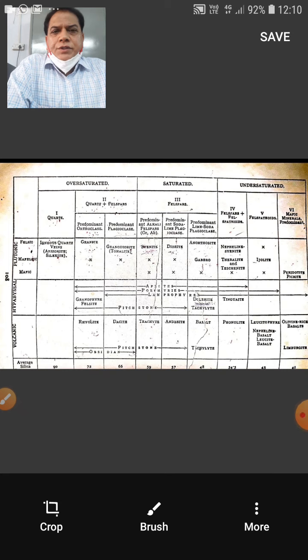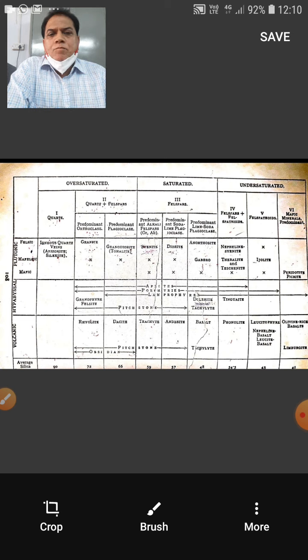In my last two videos, we have discussed classification of igneous rocks. So far, we have discussed classification based on individual bases or factors. Today, we will discuss classification incorporating different factors together. That was given by G.W. Tyrrell and is well known as the tabular classification of igneous rocks. So today we will discuss the tabular classification of igneous rocks given by G.W.